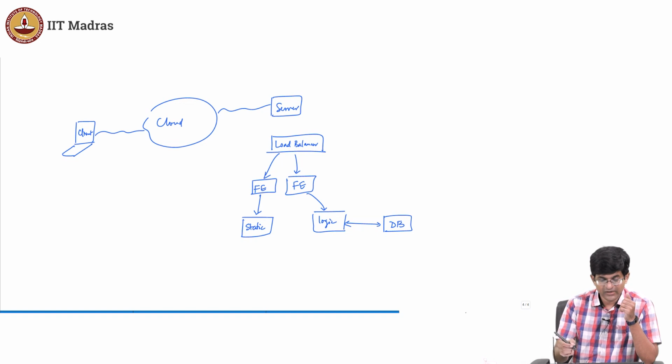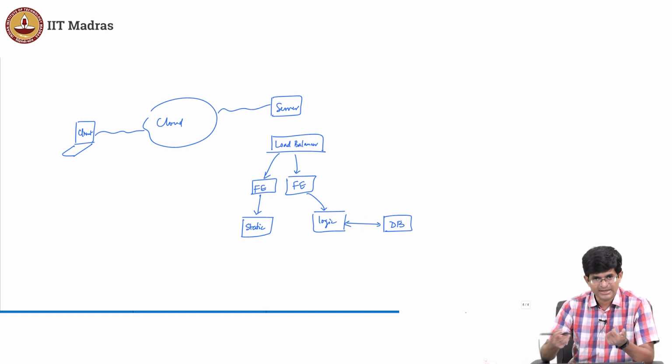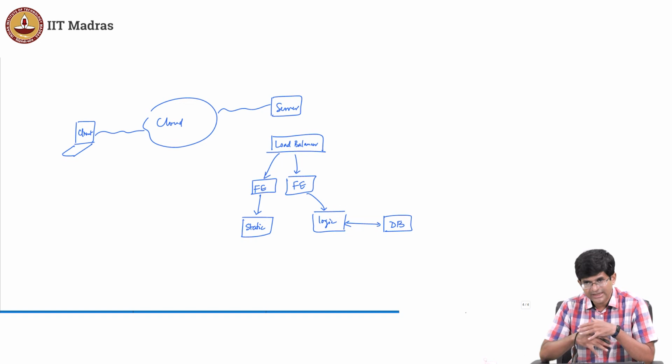So you can see that even at the hardware level, or rather, this is not actually hardware level, these are tasks. I can think of load balancer as a task, static file server as a task, business logic as a task, database as a task, okay? All of these could be running on the same server, or they could be distributed across multiple servers. The moment I have defined my tasks in this way, it means that now I can think of spreading it out,